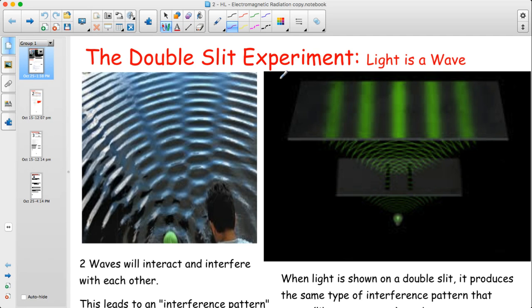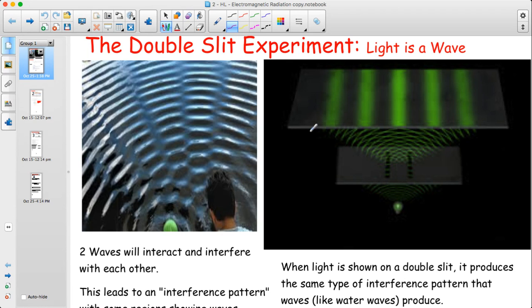Okay, so this video is going to discuss the properties of electromagnetic radiation. At this point, hopefully you've seen the video about the double slit experiment, which is a classic physics experiment. It provides evidence that light travels as a wave. The idea is that when you have other waves, such as water waves, which are really easy to physically see in our world, and you have two waves, the two waves will interact with each other, and they will cause what's called an interference pattern, where sometimes